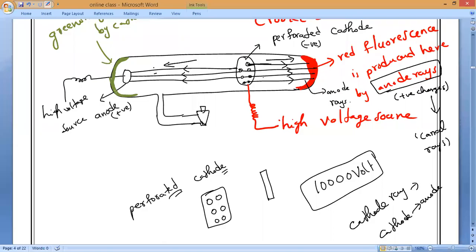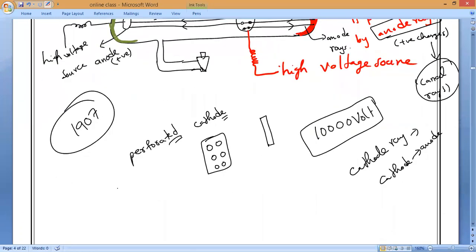Can you hear me, everybody? Yes, sir. Now, he noticed that some colored light was forming behind the cathode, and these rays were passing exactly opposite to the cathode rays. As they pass through the holes of this cathode, or canals, that is why he called them canal rays. Clear? And later in 1907, these rays were treated under the magnetic field, and then it was found that they are not